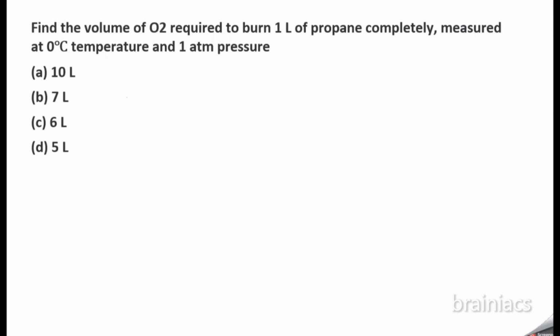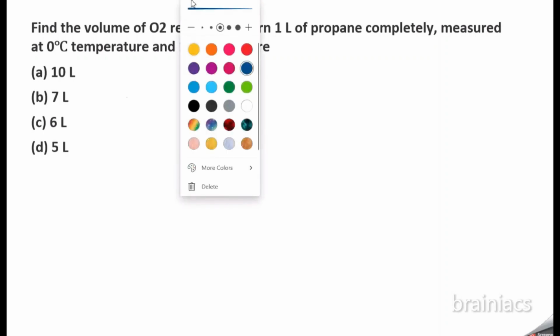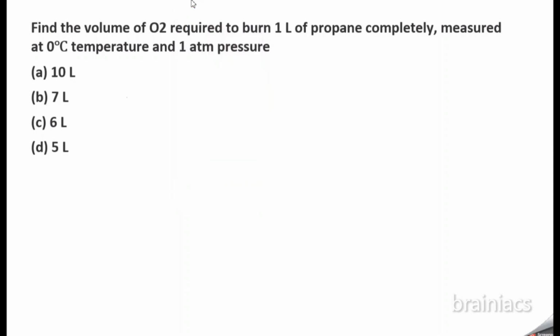Okay, so you have four options given: 10 liter, 7 liter, 6 liter, and 5 liter. So we will see how to do this question. So the fundamental of doing this question is that we should know how propane burns in